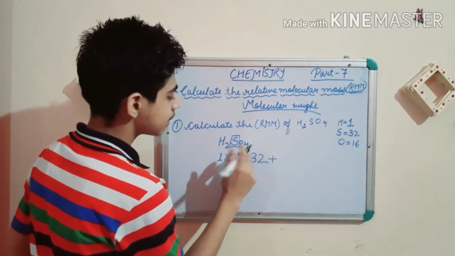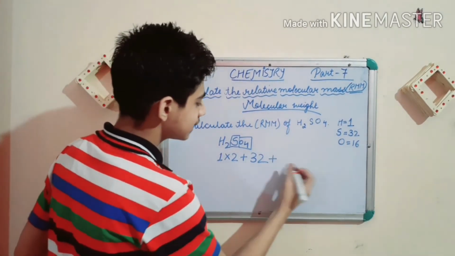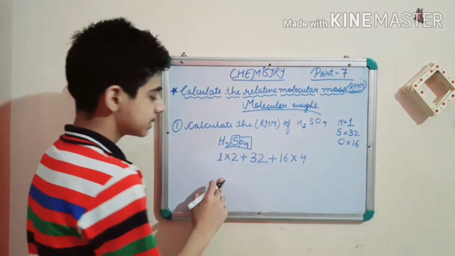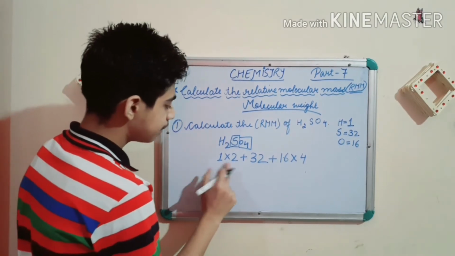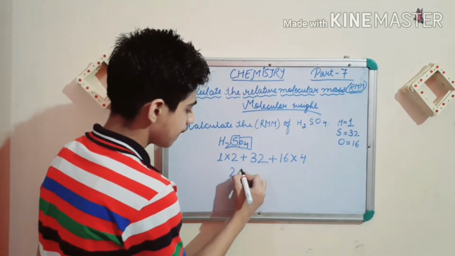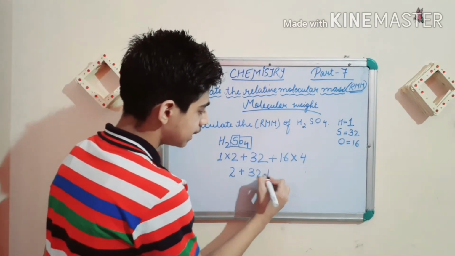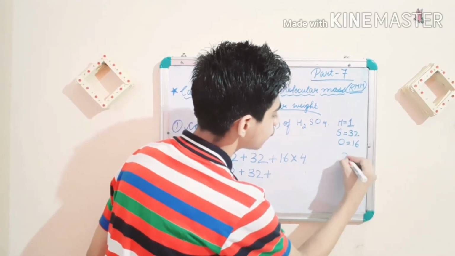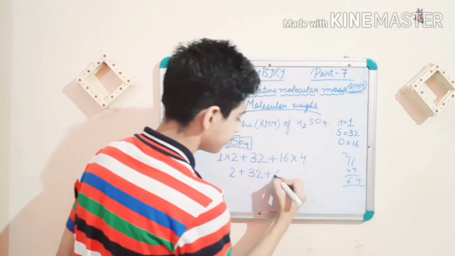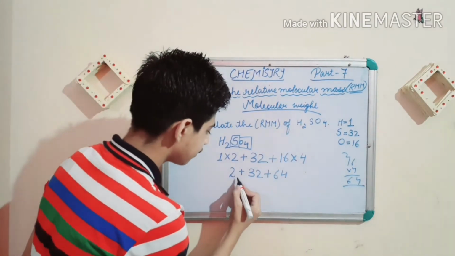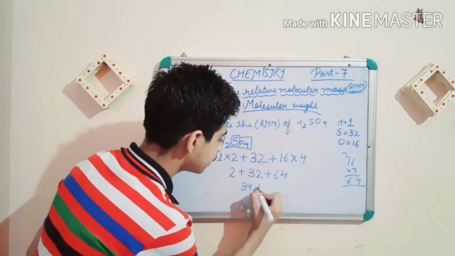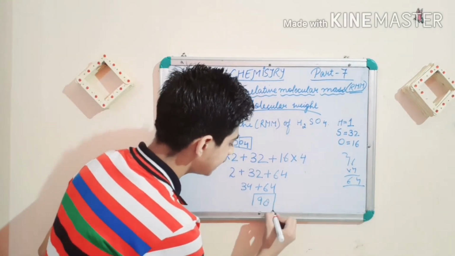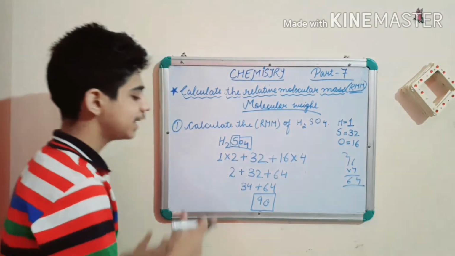Plus what is the atomic weight of oxygen? 16. 16 into 4. Now first the rule of BODMAS. We will multiply these, so it will become 2 plus 32 plus 16 4s are 64. Now we will add all of these. First we will add 2 plus 32, which is 34, plus 64, which is 98. So 98 is the molecular weight or relative molecular mass of